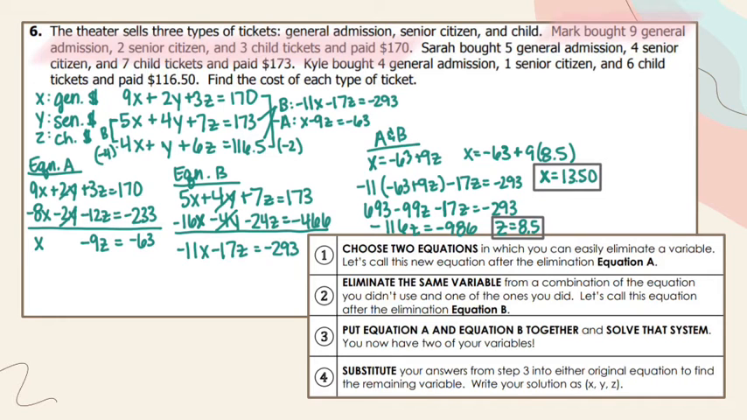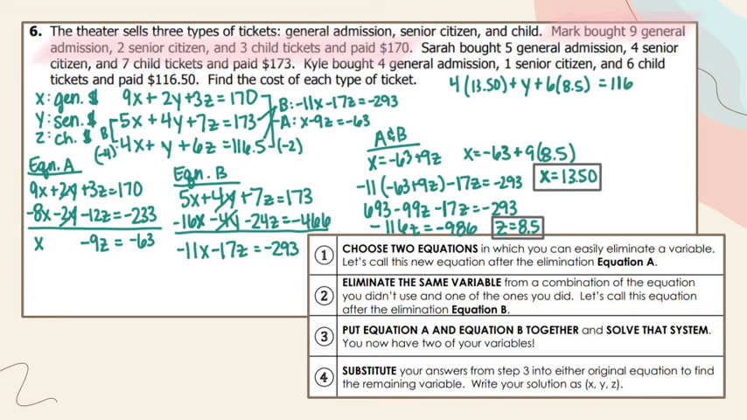And then our very last step is to substitute both of these in for any of our original equations. It does not matter which. And then solve for y. So I'm going to pick the third one because y doesn't have a coefficient. So that makes it seem easier to me. So we've got 4x, so 4 times 13.50, plus y, which we don't know yet, plus 6 times z, which is 8.5,